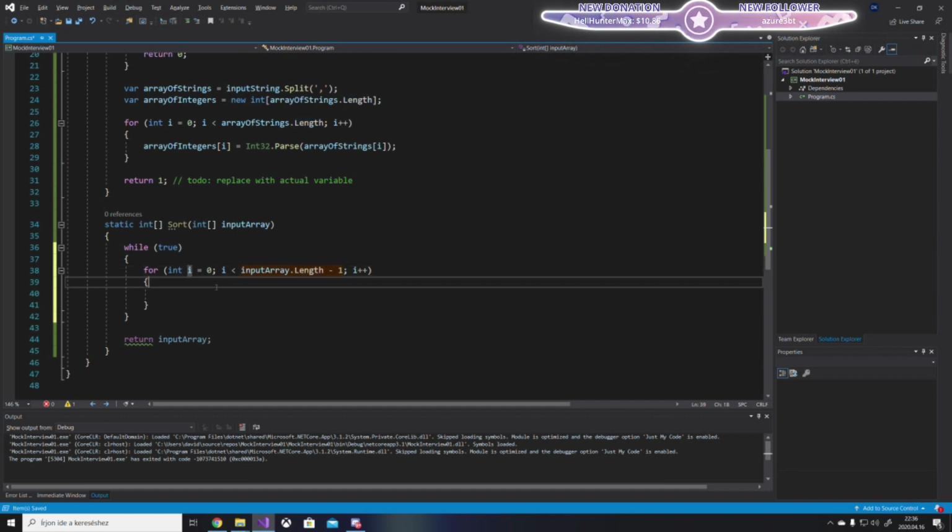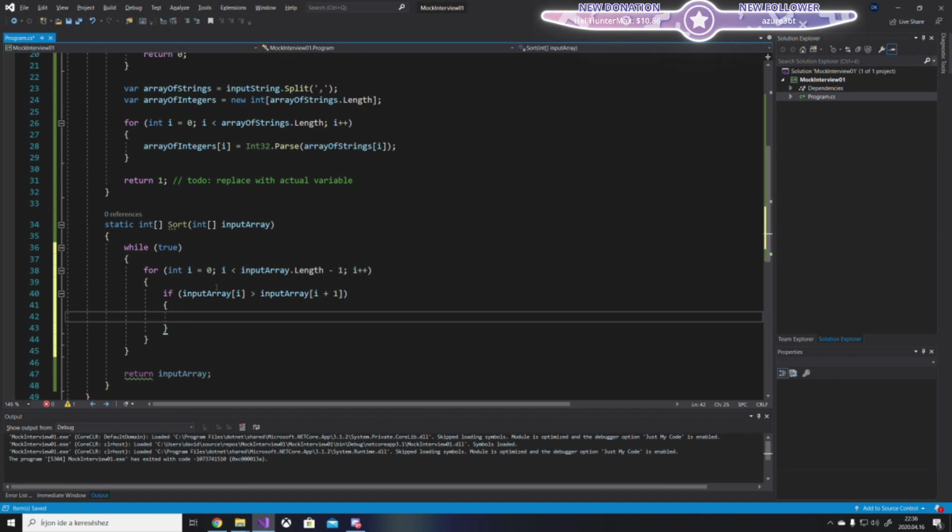We'll try that in debugging. So anyways, what we want to check is if the element at the index is greater than the element at the following index, then we want to